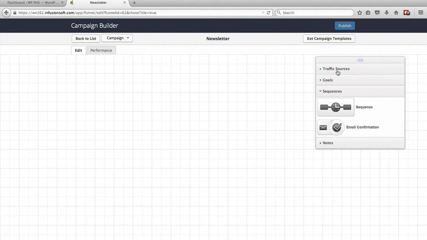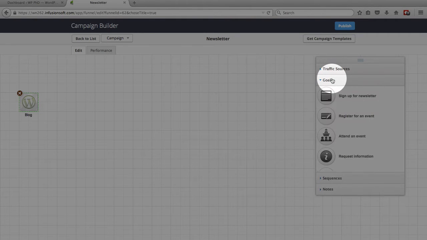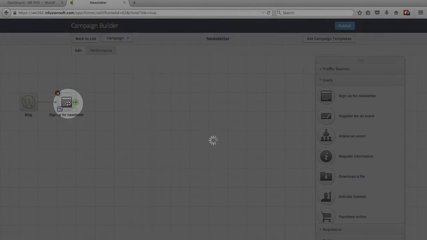And all you have to do is two things. And the first step is optional. So the optional step is adding this traffic source. This is really just for your reference inside of Infusionsoft. And the second step is adding the goals of a newsletter sign up. This one is not optional. So we connect the two, and again, it doesn't matter if this first part's connected or not, it doesn't matter at all. For the newsletter sign up, you want to double click on that icon,